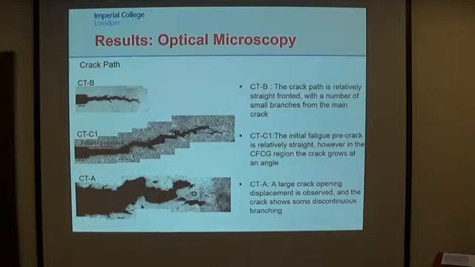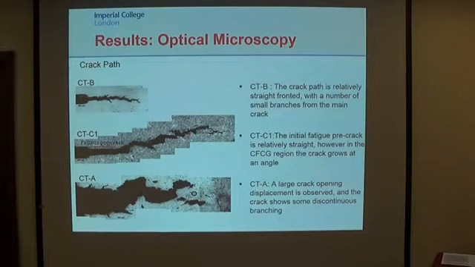So we further analyze the results by looking at the crack path and also the fracture surface. So for the exhibit material tested at 600 degrees Celsius, the crack path is relatively straight-fronted with a small number of crack branches. And for the exhibit material which is tested at 625 degrees Celsius, the crack grows